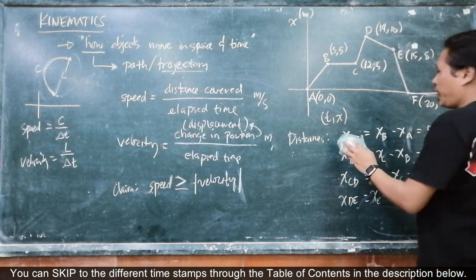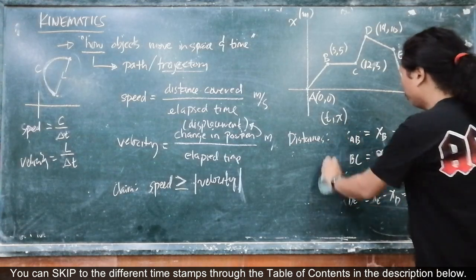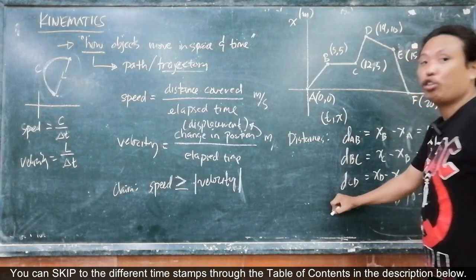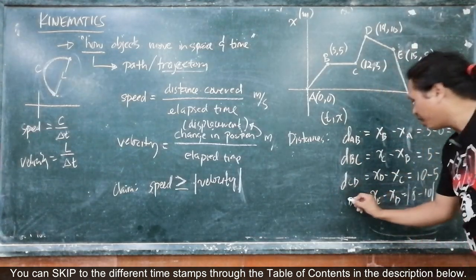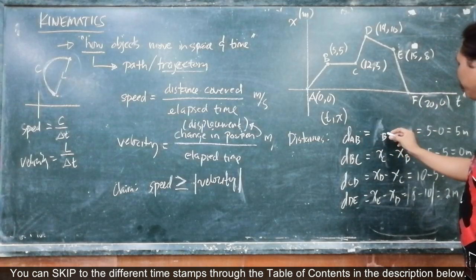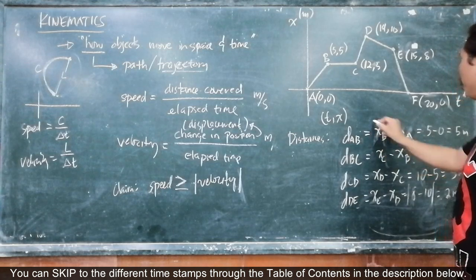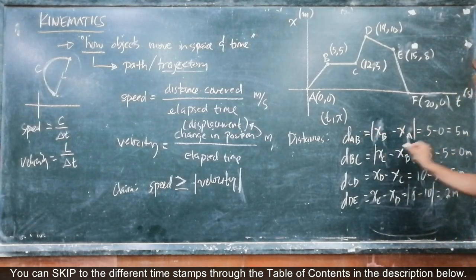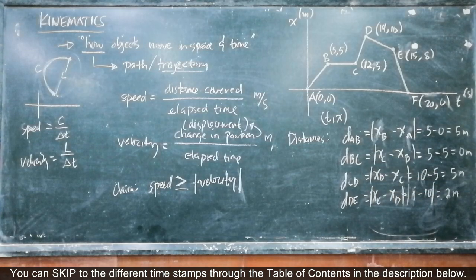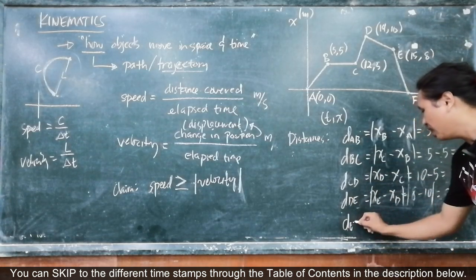Okay, by the way, I'd like to change this distance. Sorry, let's just change this to D, no? DAB, DBC, DCD, because I'd like to use X for the displacement. Okay, so let's just use D here. So D, X still, no? But let's put absolute values here, no? Okay? Because I'm using, yeah.